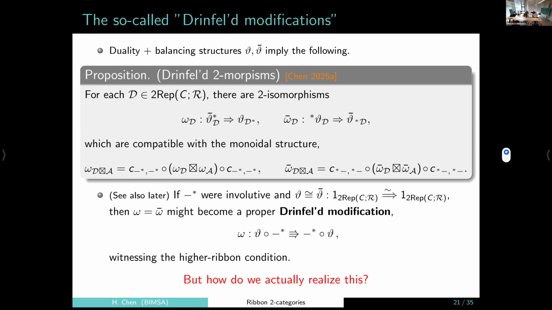And that will give you a kind of quote unquote true ribbon structure. But this, of course, requires you to also have this, right? Which is not exactly true, because theta, as far as I have defined this balancing, goes from D to D double dual. It doesn't go from D to D. So I need some